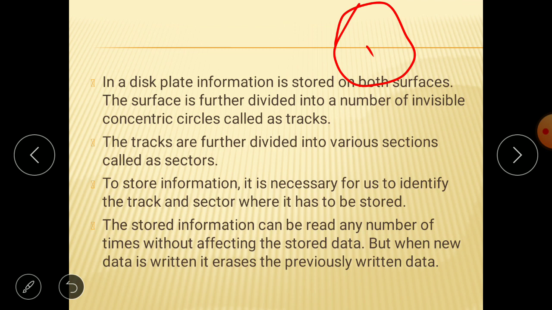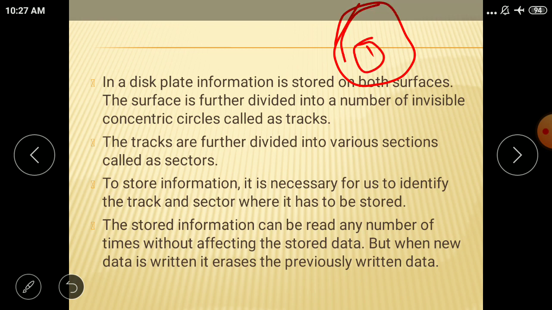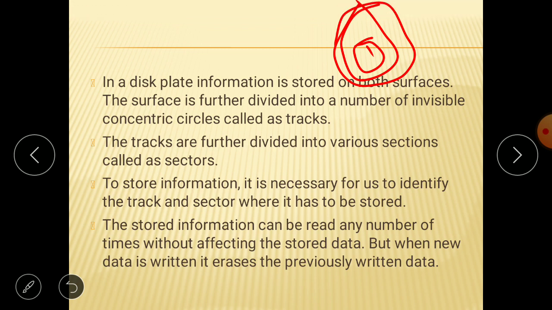Using that center, the different circles will be there. When these many circles have the same center, they are called concentric circles. I have drawn here three circles, 1, 2 and 3. These are called tracks.